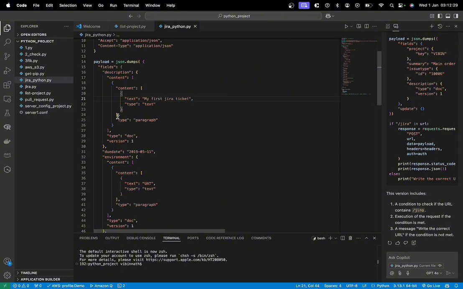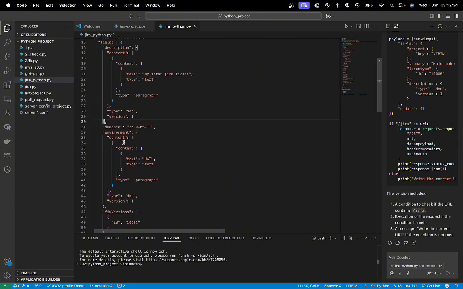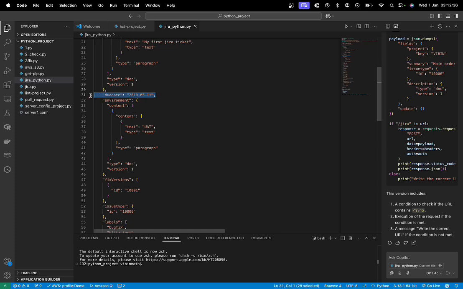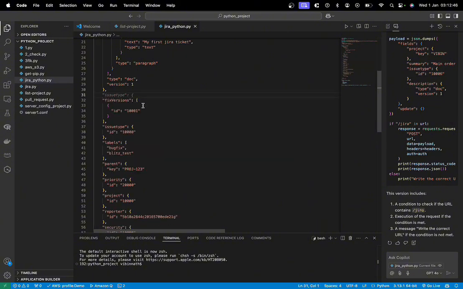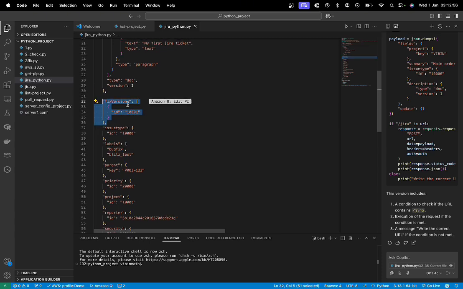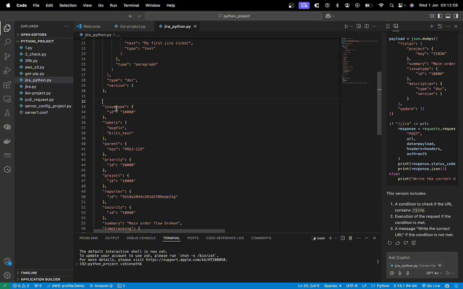Then after description, everything is fine. Due date I don't want. Environment is not really needed, it's not mandatory. And fix version I don't want, but issue type is actually